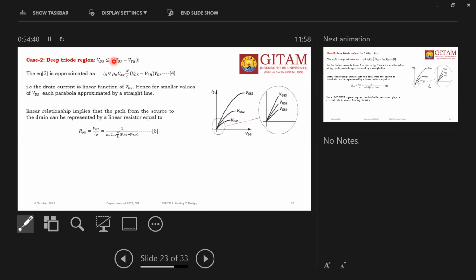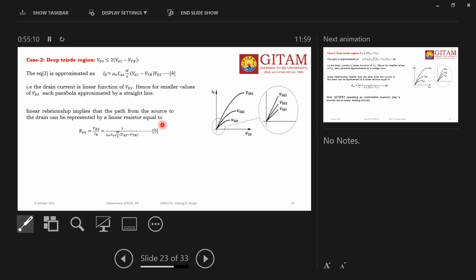Because of this condition, in the deep triode region, your ID is proportional to the VDS, so it is acting as a variable resistor. See, here is a linear relationship, which implies that the path from source to drain can be represented by a linear resistor. So, what is the resistance value of the resistor? Source and drain is there. In between that, there is a resistor whose value is variable